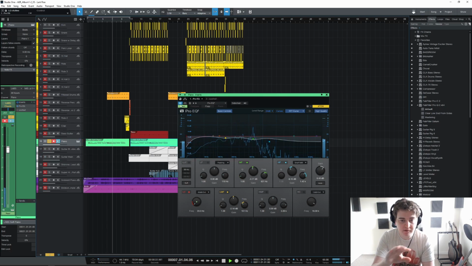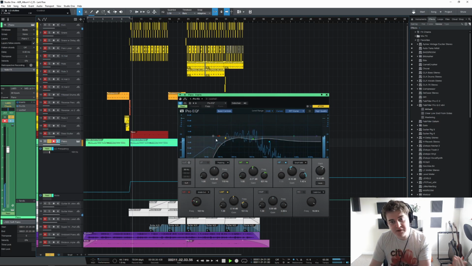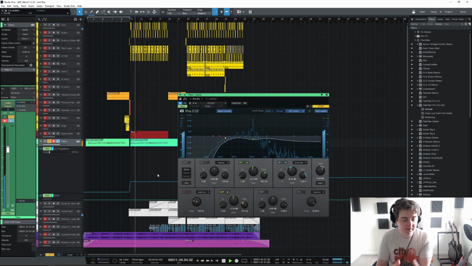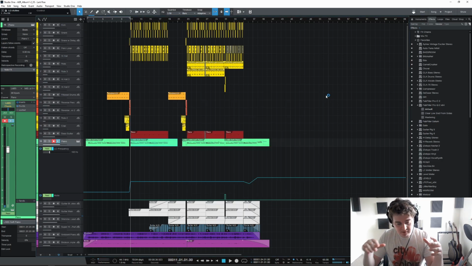So you can see I've left a lot of the low end information in there for the intro. What I've actually done though is added a bit of automation to it, so that once we get to the beat section where the bass comes in, that low end information gets scooped out, because otherwise it'd be competing with the bass. It's quite a good thing to do, I think, if you have something like a piano, which is a very natural and full sounding instrument that takes up the whole frequency range, to think about the sections where